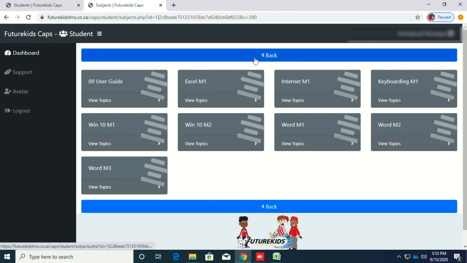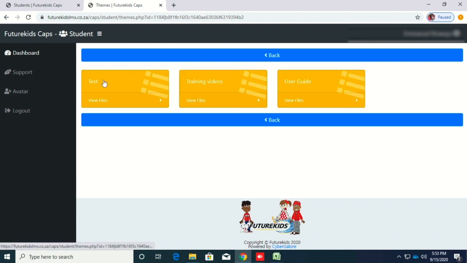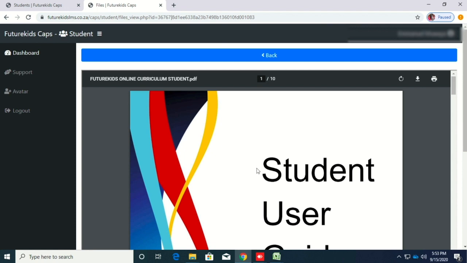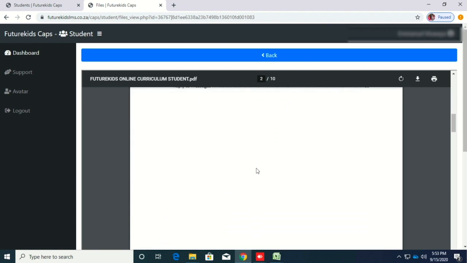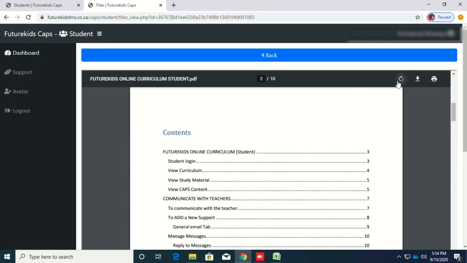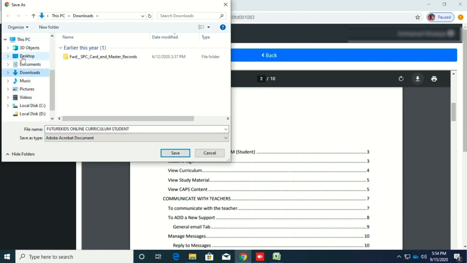But before we get into the 8 modules, I want us to go to the user guide. Under user guide, you will have 3 categories. We want to look at the user guide category. Click on student guide and it will bring you to this document right here. You have the ability to save this document so that you can use it for later. I will save it to the desktop here